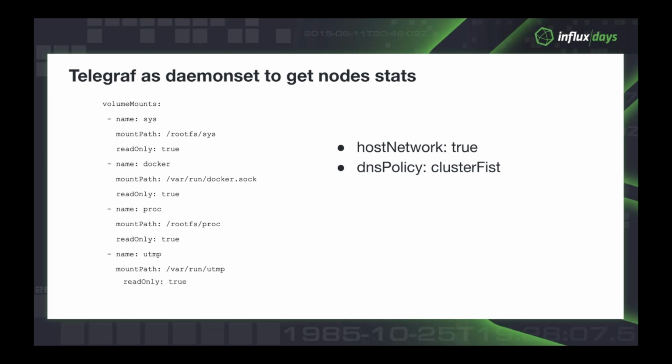Same for the DNS policy. When you deploy a pod that uses the host network, usually you have to set the DNS policy. Otherwise, it won't be able to resolve the DNS. So when you run Telegraf as a daemon set,